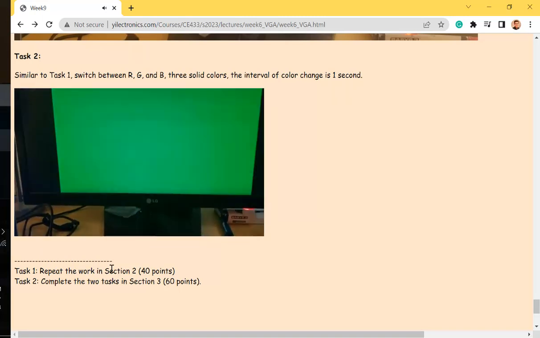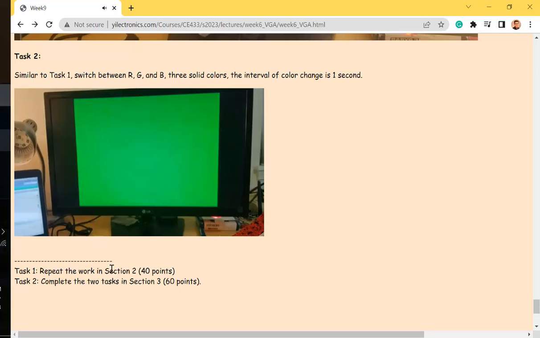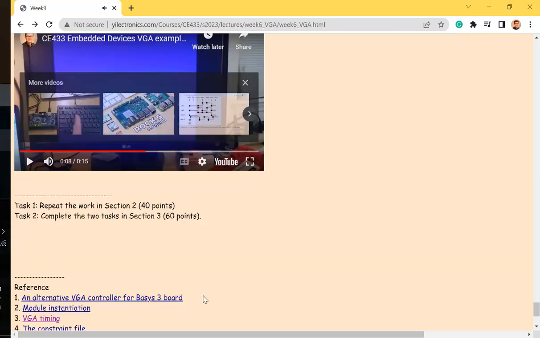It's just providing a solid background. Okay. It's all from the FPGA, right? And then